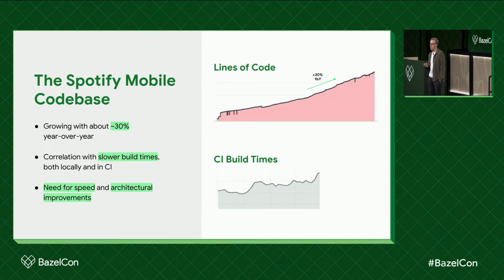And this also makes it possible for us to reduce the cognitive load for our developers as they are working with the code base. And thanks to this effort of isolating the code, as well as moving over to Bazel as a build system, we have been able to bend this increasing CI build times curve that I showed you in the beginning, and we're now seeing gradual improvements day by day.